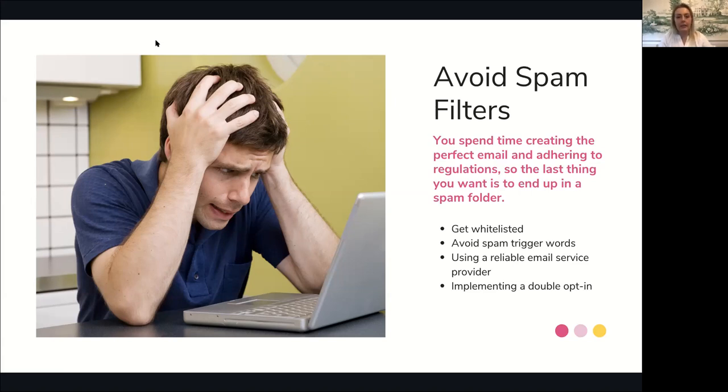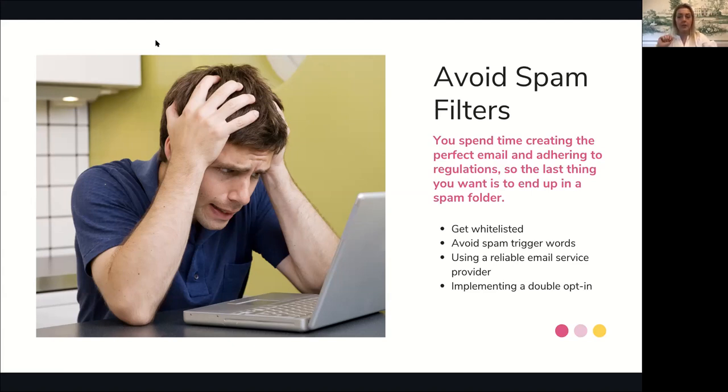Another thing, and it's not regulations, but how to avoid spam filters. You spend all this time creating this beautiful email to go out. You do not want it to go into someone's spam. Okay, you can get whitelisted, which puts you on a list, just like a blacklist is a bad list. You don't want to be blacklisted. You can be whitelisted. Google it, and how to get whitelisted will pop right up. And you should be able to follow through with that very easily. If you're struggling with it, I can definitely pull together a quick resource on how to get whitelisted if you want.